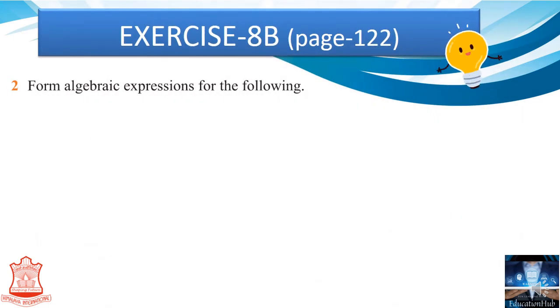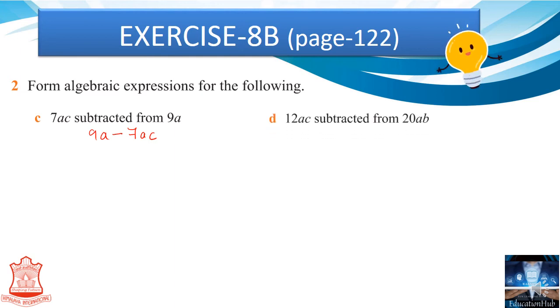Next, form the algebraic expression for the following again. C part is 7ac subtracted from 9a. That means what do we have to do, again we have to subtract. And how are we going to subtract? From 9a we have to subtract 7ac, right. D part is 12ac subtracted from 20ab, that means from 20ab we have to subtract 12ac, right. We have to pay attention to from, that means the second term becomes the first term,